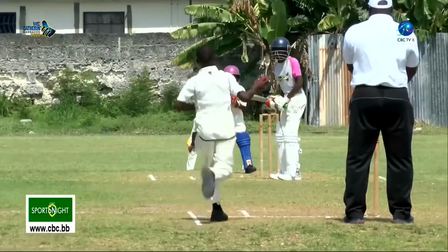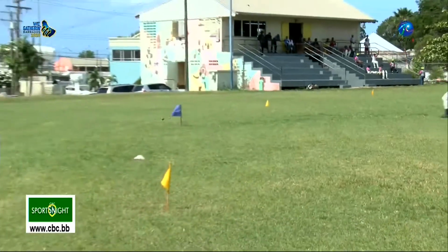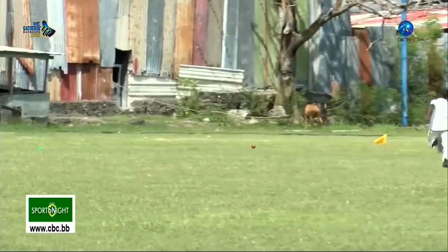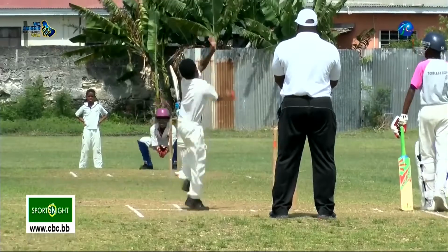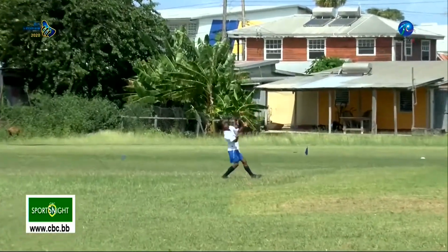Rakayo Paul entered the fray and looked like a player in good nick, driving beautifully down the ground to open his account. Paul was finding the gaps, putting the bowlers to the sword off the back foot this time and pulling through mid-wicket. Babb and Paul shared in a 50-run partnership before Babb played across the line to Jair Nurse,